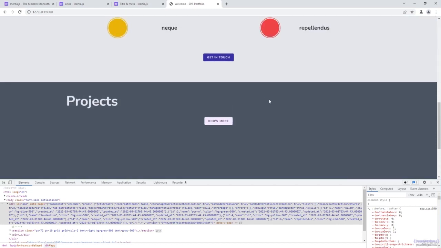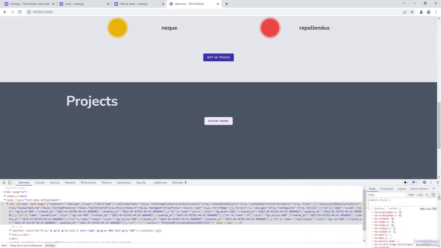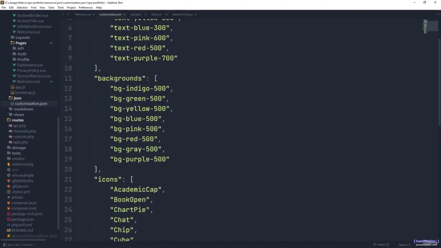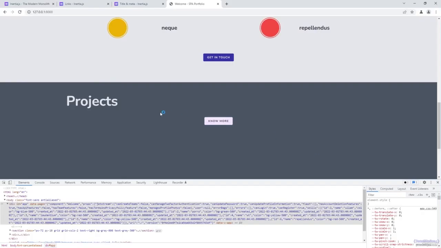Now, let's focus on something important here, preparing the land for the projects. Because the projects, remember, have a title, a description, and additionally an icon. So even when we have the names of those icons coming from our customization file, we need to actually get them from somewhere. We don't have this coming from Laravel Jetstream or even Inertia or something like that. So, well, we are going to use a separate package for it called Heroicons. So let's go there,